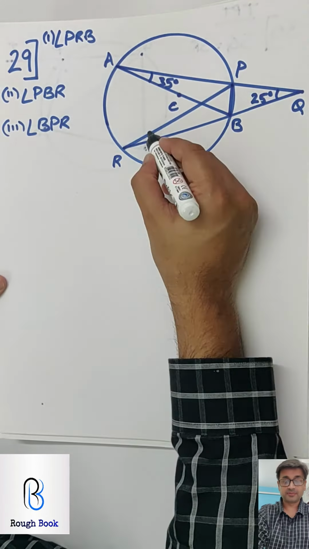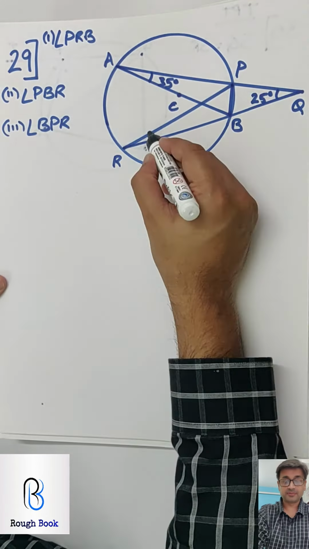Okay, next one is PBR. How shall I get this one? Anybody? So, this is the center. So, what hint do you get? This is going to be 90. Angle formed in a semicircle. Okay, this is 90. This side also has to be 90. Now, just take this triangle PBQ. This angle becomes the exterior angle to this triangle. So the hint is remote interior angle theorem. So this angle is equal to this plus this, that is 90 plus 25, 115.